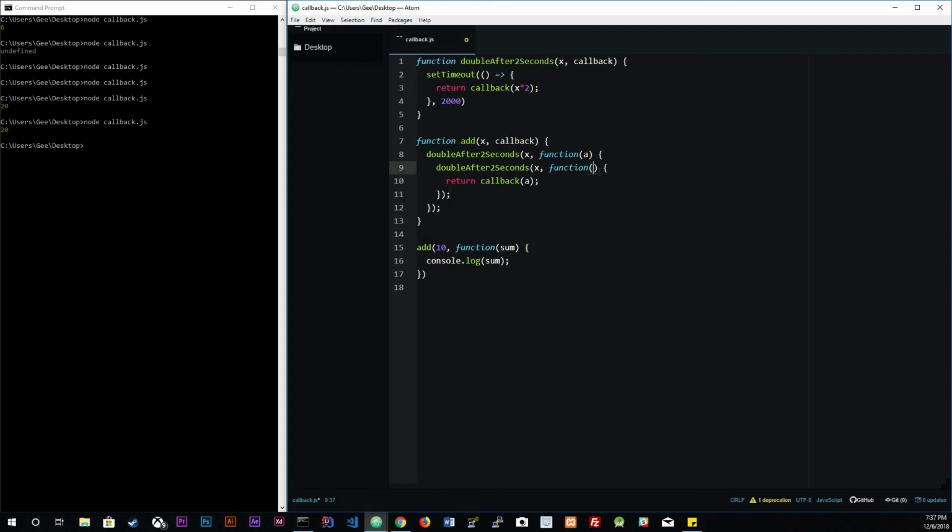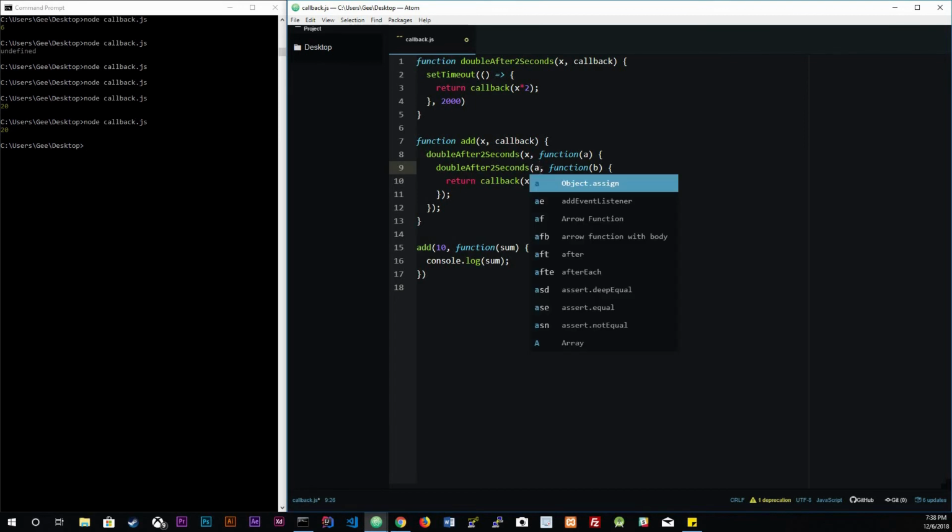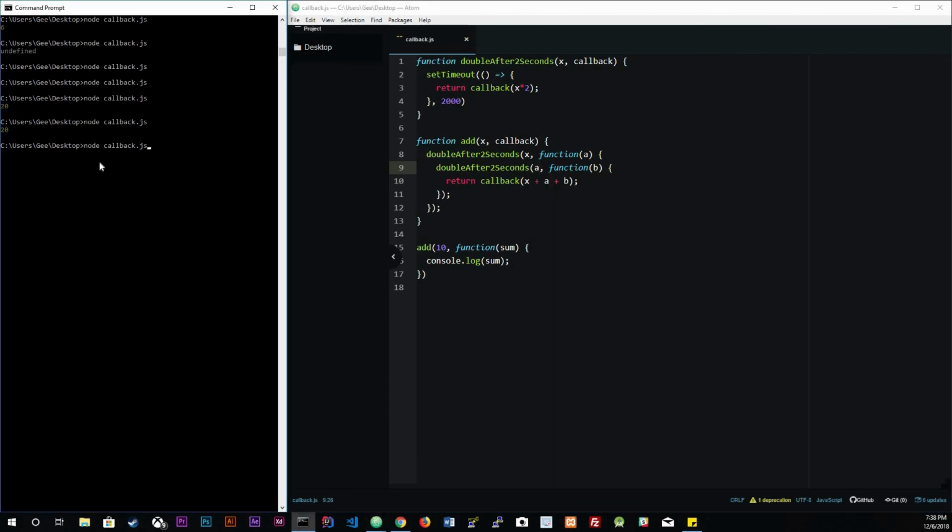Let me just go to this B. And we're going to do, you know what, X plus A plus B. Okay, you see, this is getting harder to read every time we try to do this, and we're going to change this to A. Now we should get 10 plus 20, and then plus 40, so 60, 70. Yeah, 70. I got it right the first time. Anyways,